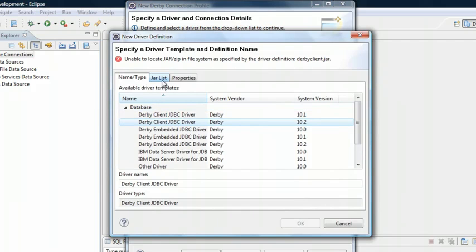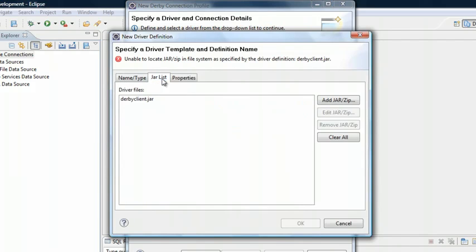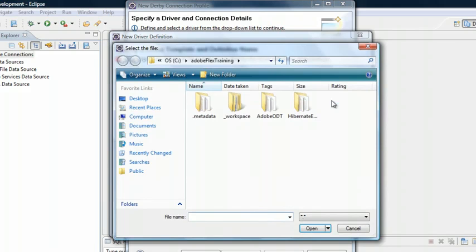This is the driver details for this particular database. Now let us go to the jar list tab. You will see some error saying unable to locate jar zip file. Basically it's not able to see where this Derby client.jar file is. So what we will do is, let us go and add that particular jar. Click on add jar zip,